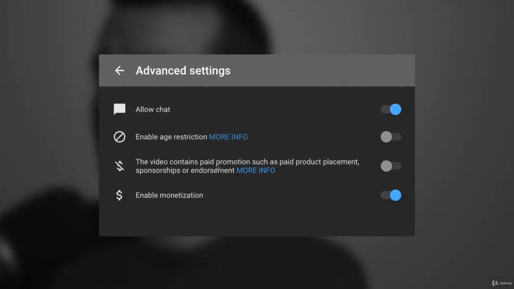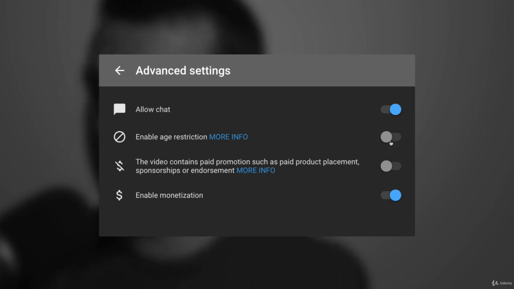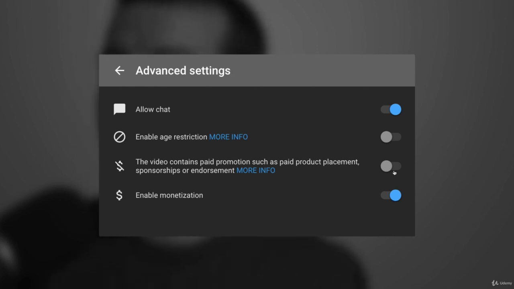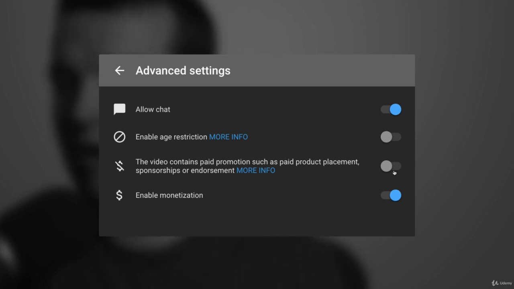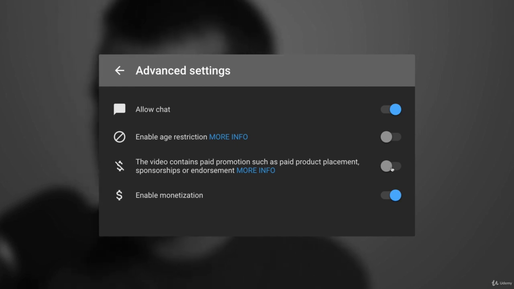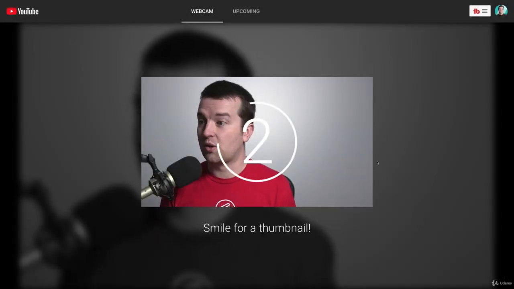There are some advanced settings to disallow the chat, if you want an age restriction, or if you are promoting something in your live stream, which is not typically allowed on YouTube, you can check this on to allow that. And then you could also enable monetization, so people are going to see an ad. All right, so I'm going to make sure it's unlisted, click next, and then it's just going to say